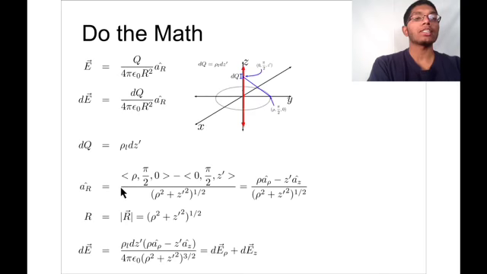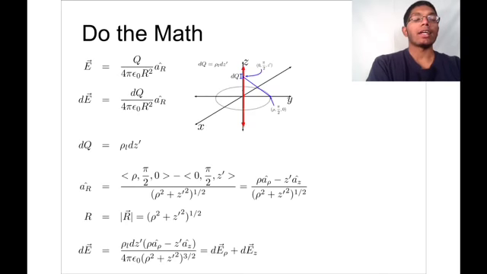So with the subtraction, rho, pi over 2, 0 minus 0, pi over 2, z prime, we get rho a hat rho minus z prime in the a hat z direction. So this is what the r vector would have been, and the magnitude of that is simply rho squared plus z prime squared to the power of half. So we know that r is this over here,